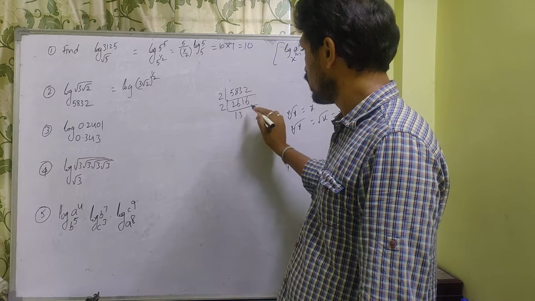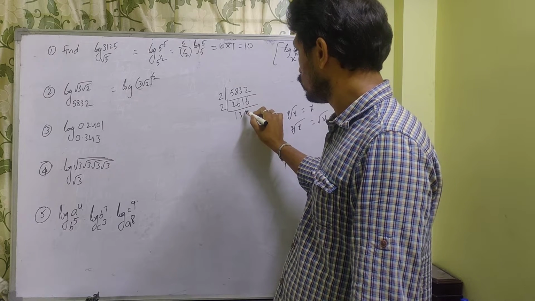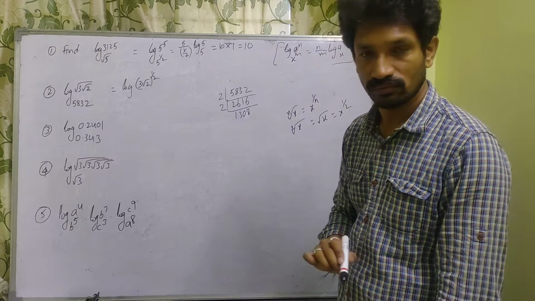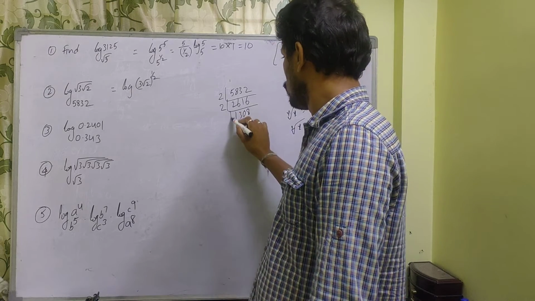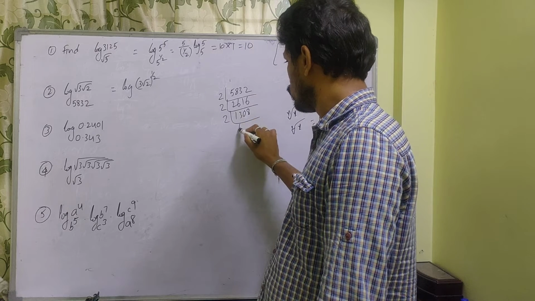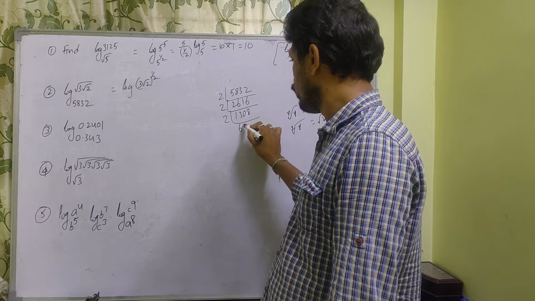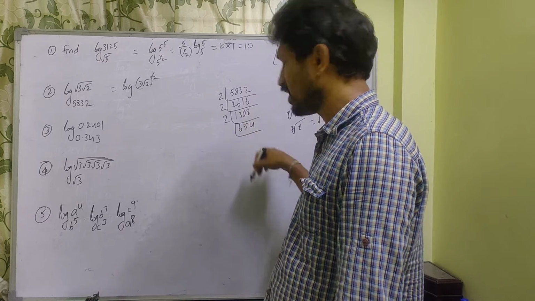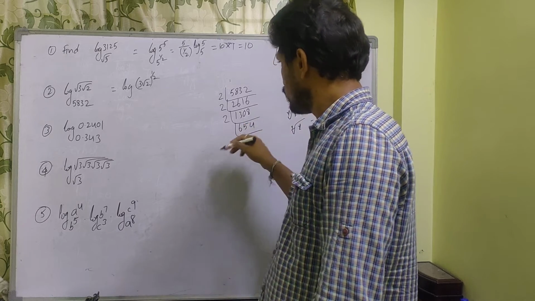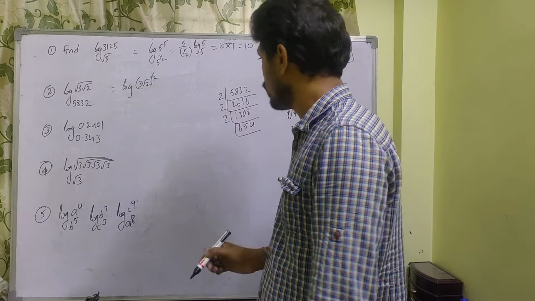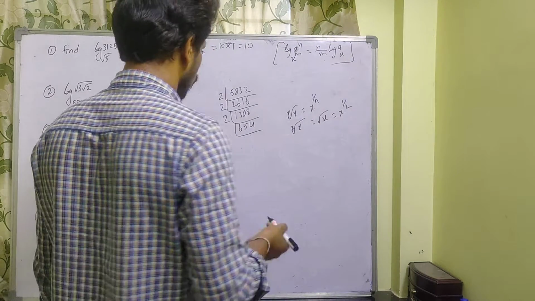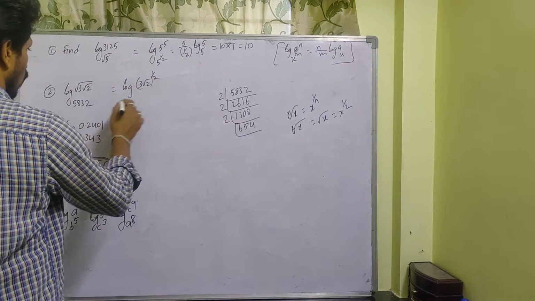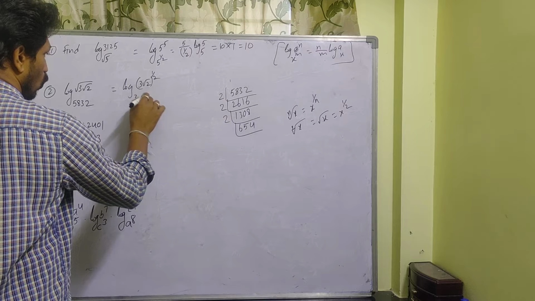Okay, next one, 2 is there again. 2 6s are 12, 5 2s are 10, 2 4s are 8. Like that if you continue this procedure, you get that 5832 is nothing but, don't waste our time.